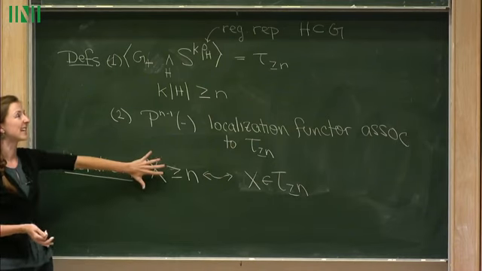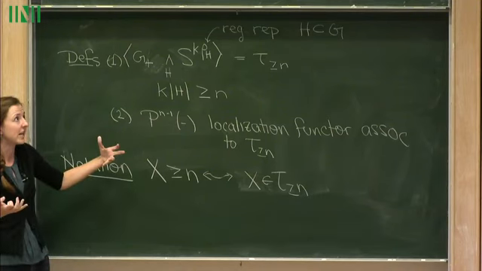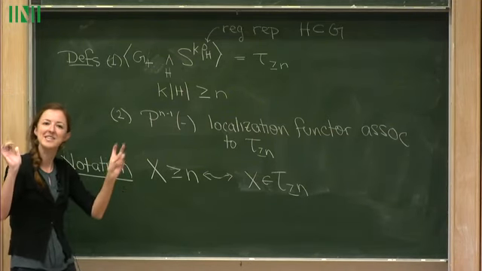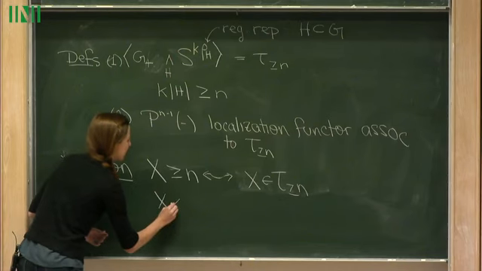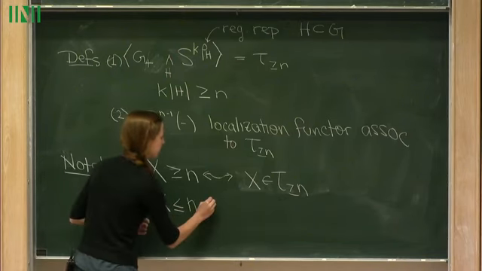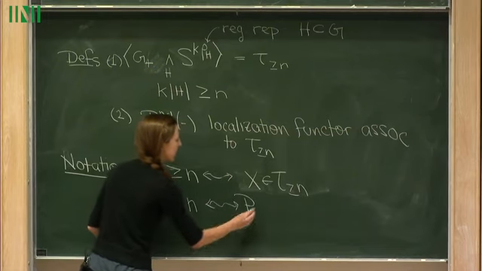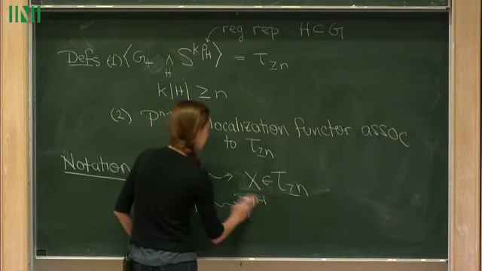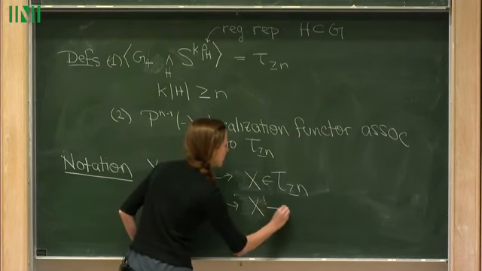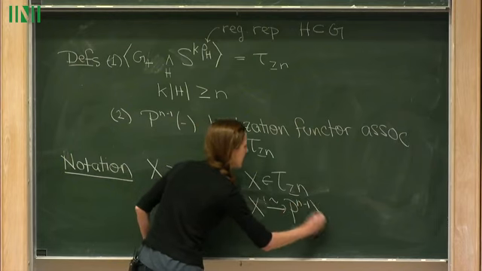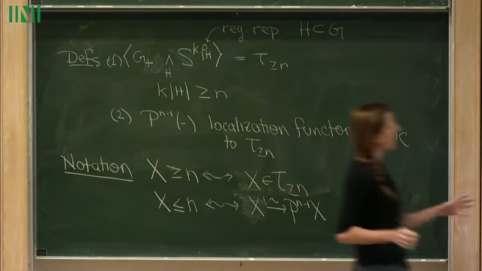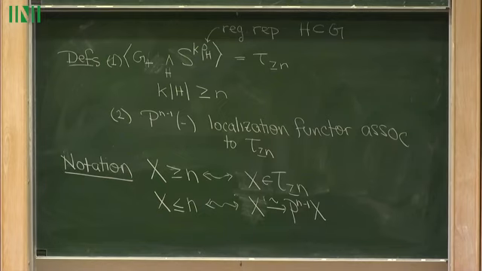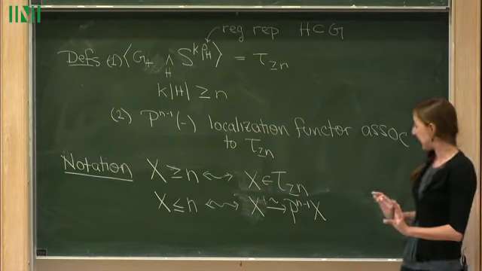So I guess what we're saying here is we're talking about this idea of connectivity, but maybe it's a slice connectivity, right? So X is in these tau n's. But we have a corresponding less than or equal to notion. And this would just mean that if we applied our functor to X, we would have an equivalence from X to that functor applied to X. All right. So if you have an X in tau greater than or equal to n, and you apply the P n minus 1 to it, it's 0. Or no? Yeah. Yes. Okay.